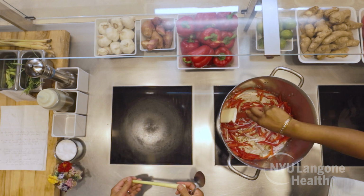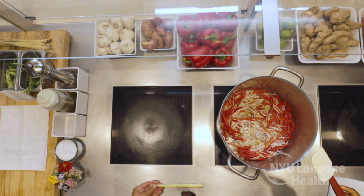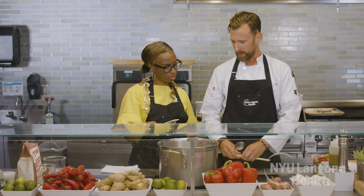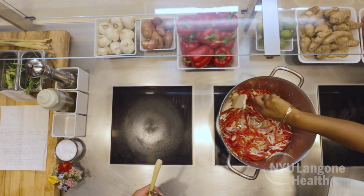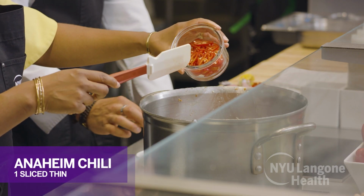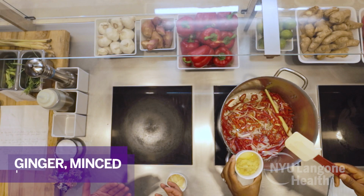Okay. We basically just smack it up. You take a spoon or a knife and just kind of bust it open. Okay. It allows the flavors and the aromatics to kind of release a little bit. And once our vegetables are nice and starting to soften, we just add it whole right to the pot. Wow. We have some Anaheim chilies, so a little bit on the spicy side,